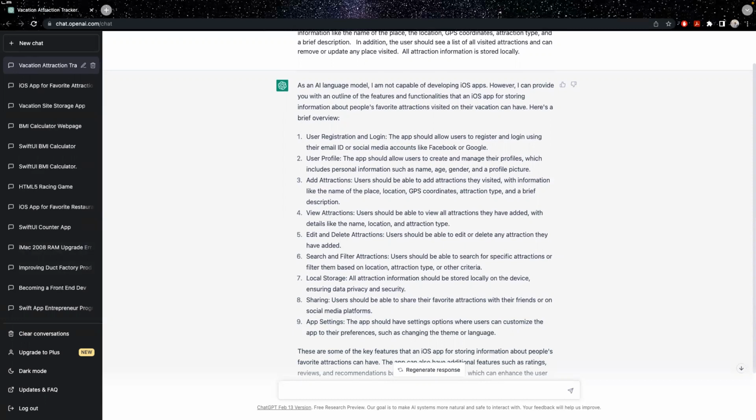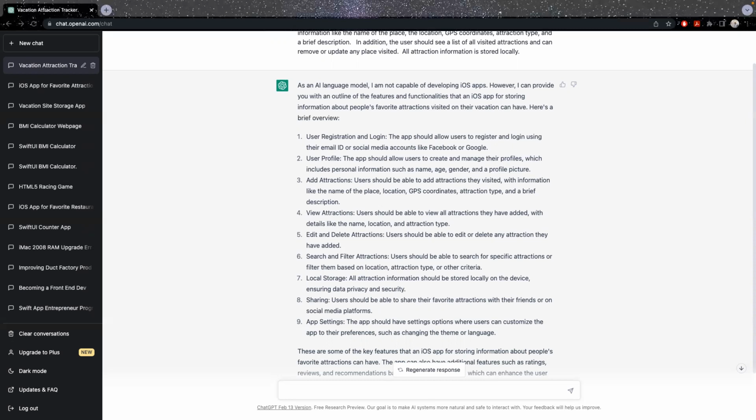All right, let's test it a little bit more and see how it can help further. Now, as I said, as a developer, I know what I'm doing and what I'm looking for. So I just want to take the first part of this suggestion. What can it do for me to create the Swift code, if you will? If I want to save information about a user, I need to create maybe a model that represents the information. I need to be able to save it. I chose to save it locally in UserDefaults. So I'm going to say,